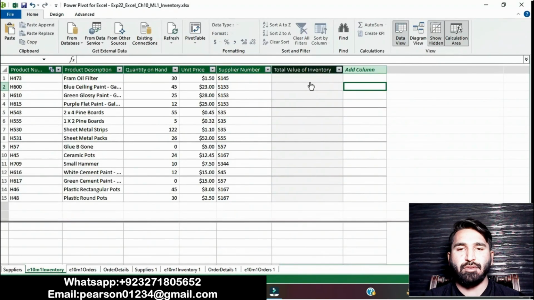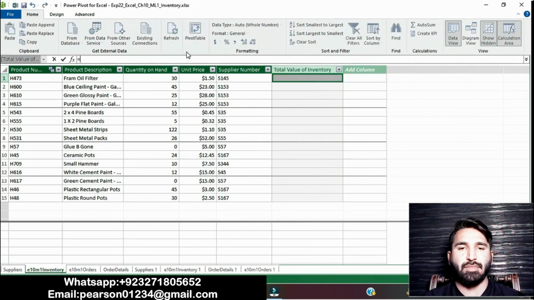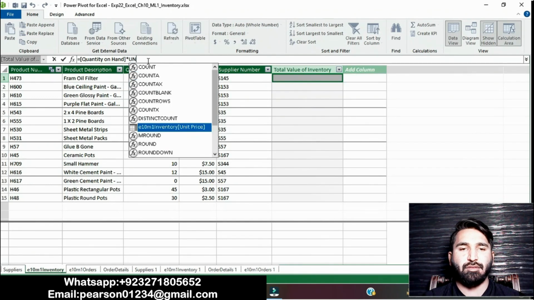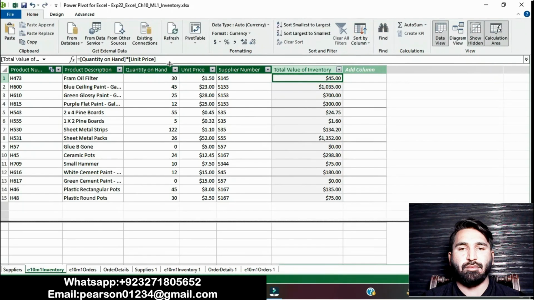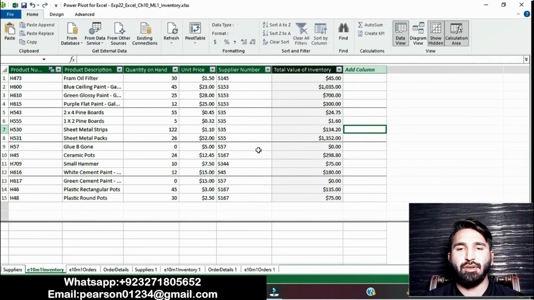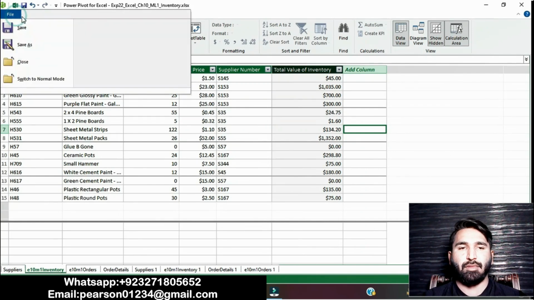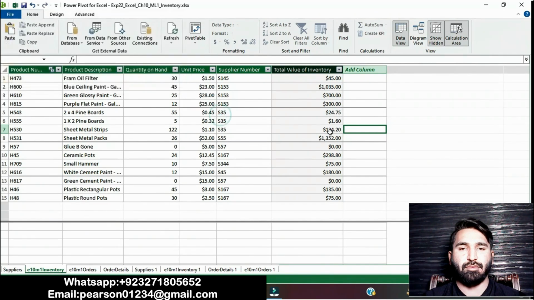Quantity on hand, multiplying by unit price, then press Enter. The total value of inventory is shown here. You can see here, from the database.